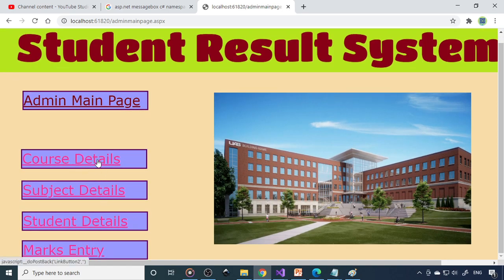Now you have to create the course details, and then you have to create one more page: subject, student and marks. So 4 pages we need to create, and correspondingly the list is required, so therefore another 4 buttons we require. So we need to create the 4 buttons and then we need to enter the data. Fine. So that I'll show you in the next class.